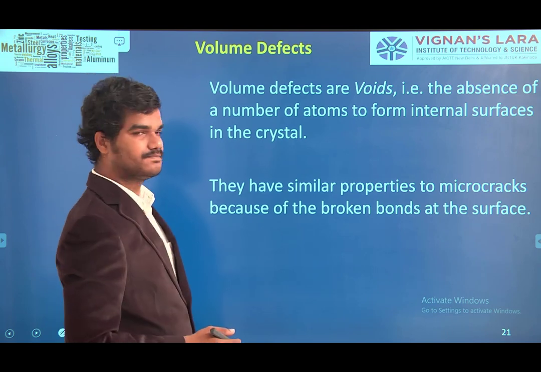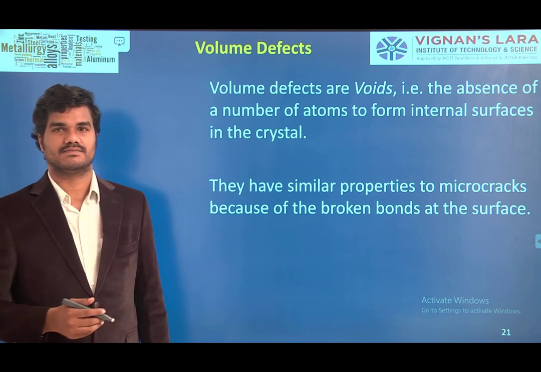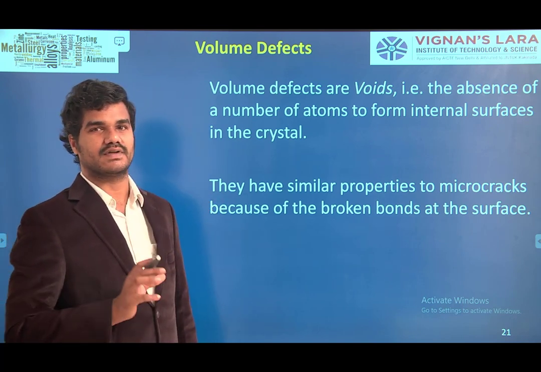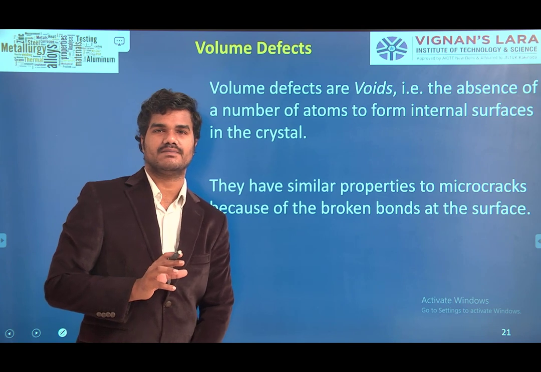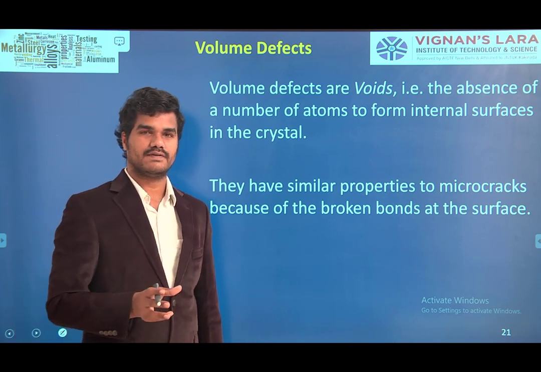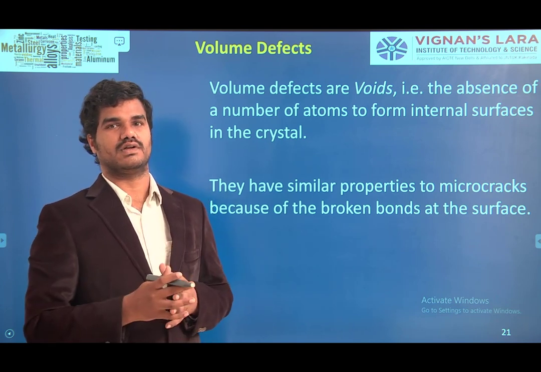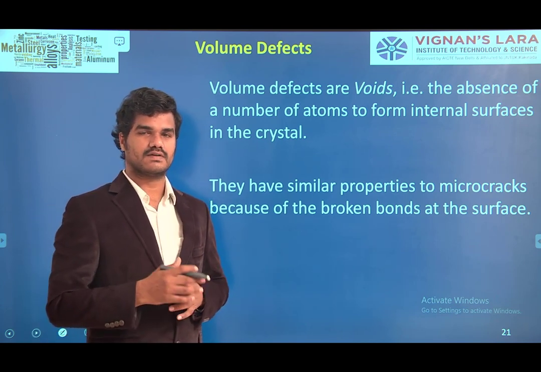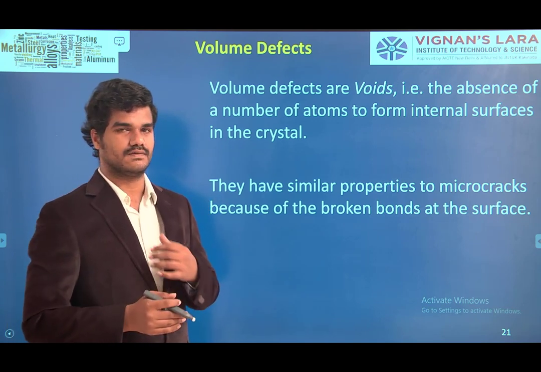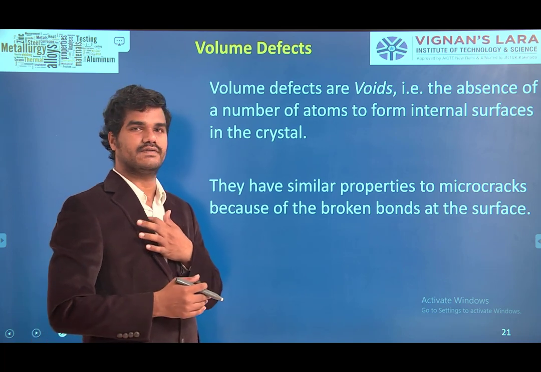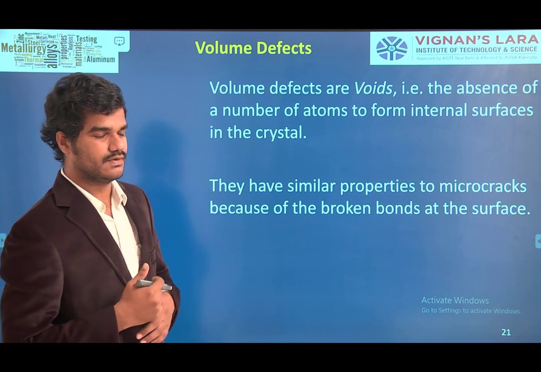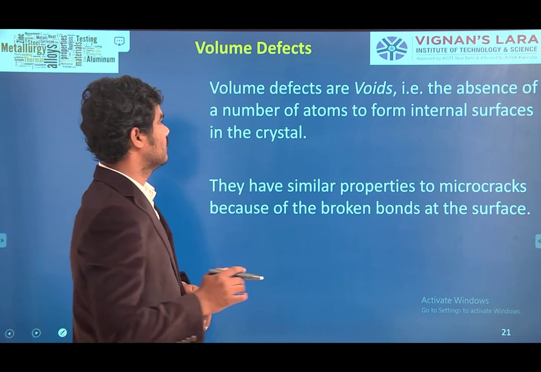Volume defects. What is a volume defect? So far we have discussed planar defects or area defects. Under area defects we discussed the tilt boundary and twin boundary. Planar defects are because of grain boundaries. Grain boundaries are of two types, tilt boundaries and twin boundaries. Fine. Let us come to the fourth defect, volume defect. What is a volume defect?